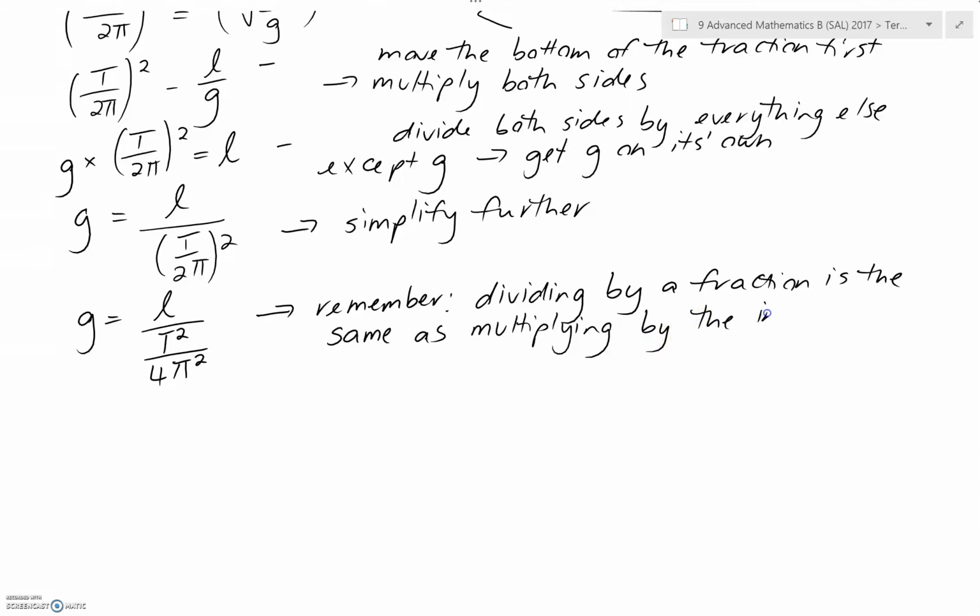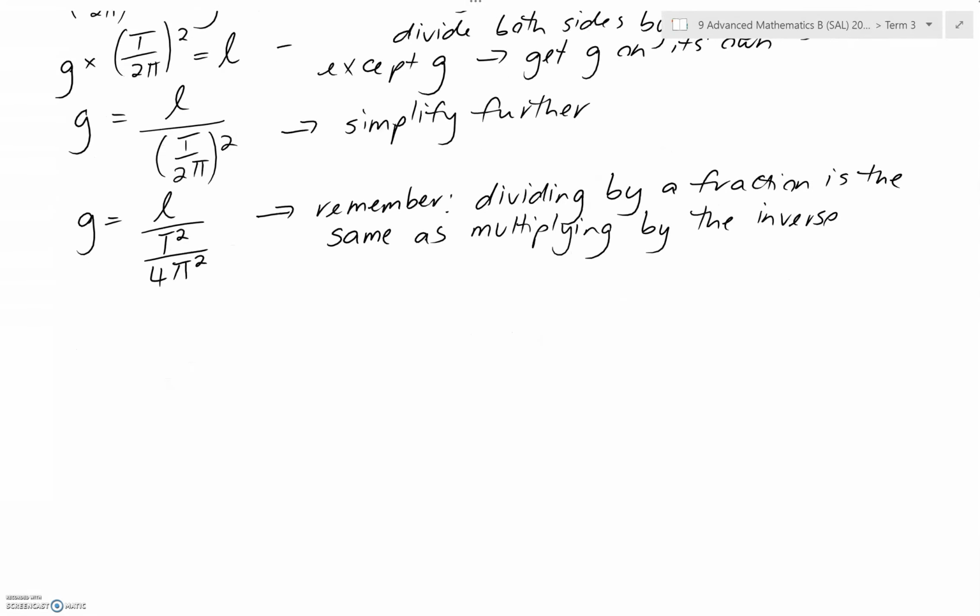So what we're going to do is flip that bottom fraction and multiply that side by it so that we can simplify further. So g equals L times, we need to flip it, times 4 pi